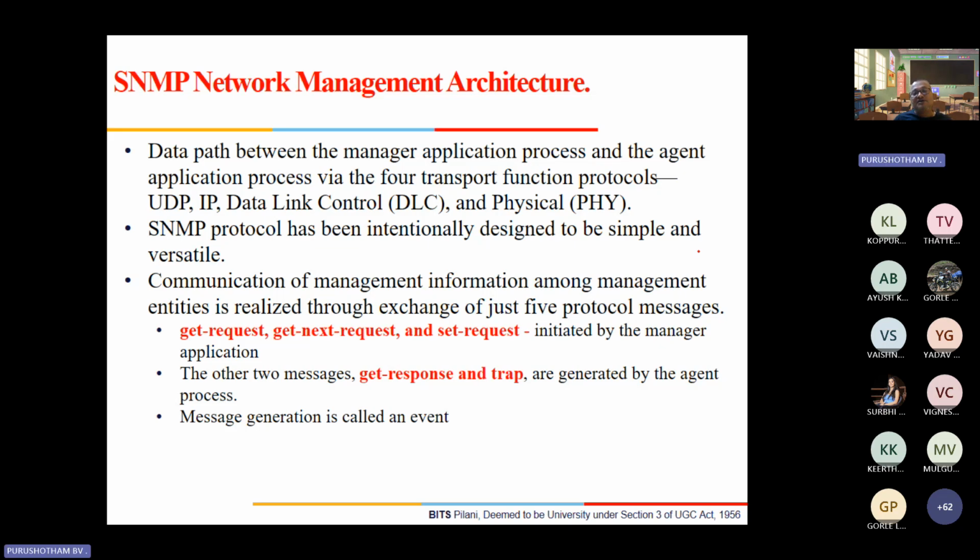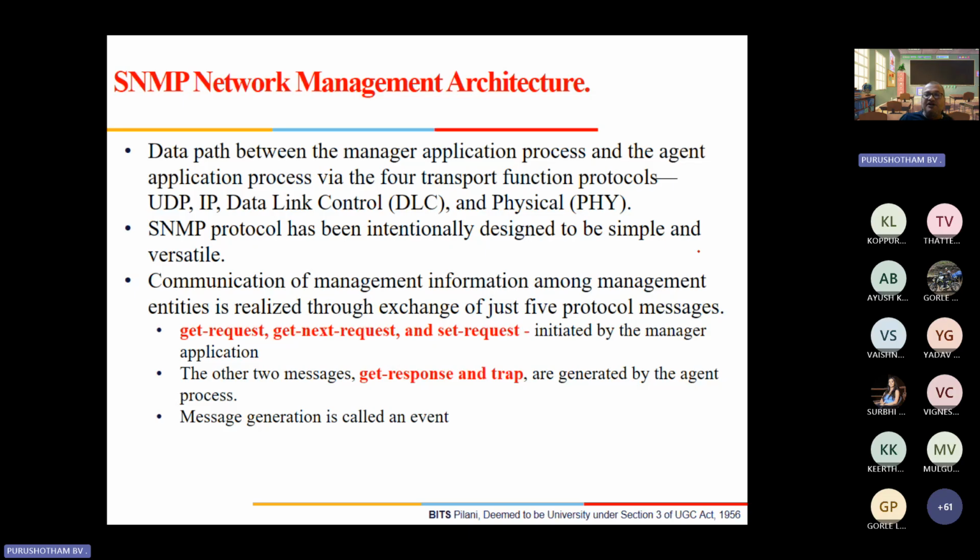Data path between the manager application process and the agent application process is via the 4 transport function protocols, that is UDP, IP, data link control, and the physical layer. The SNMP protocol has been intentionally designed to be simple and versatile.